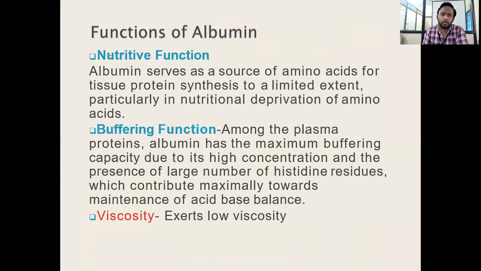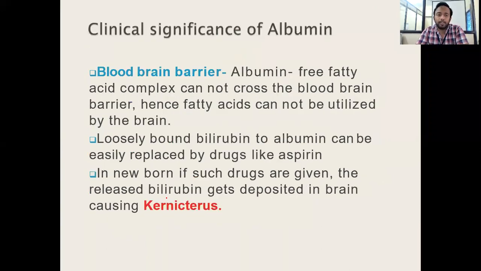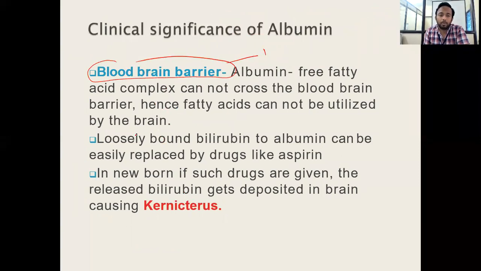Next, as any protein, albumin contains various other amino acids, so it helps in nutrition, buffering capacity, and viscosity, which we have seen in the last section also, and it cannot cross the blood-brain barrier. Okay, albumin cannot cross the blood-brain barrier, because of which bilirubin, when it binds to the albumin, okay, albumin bound